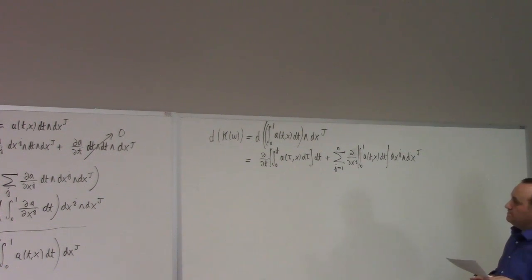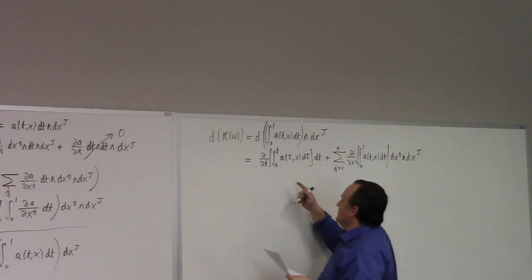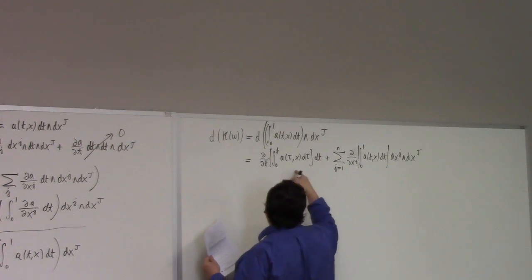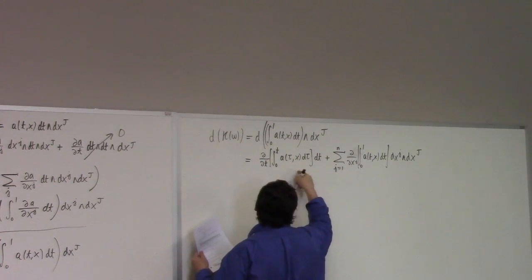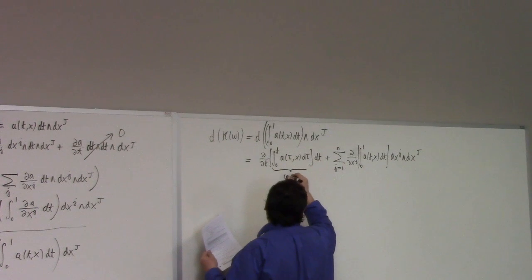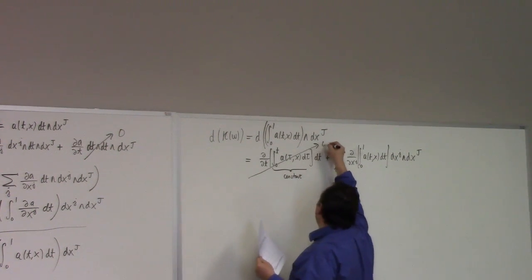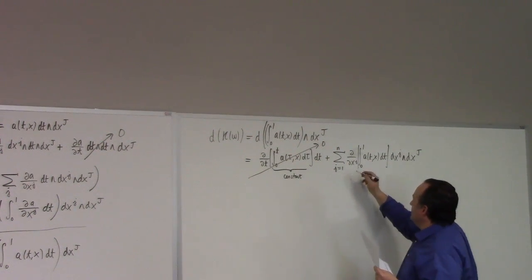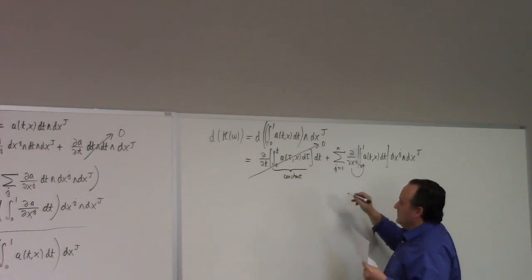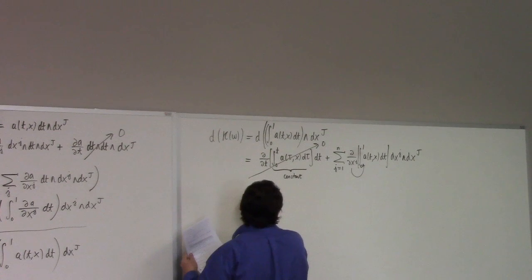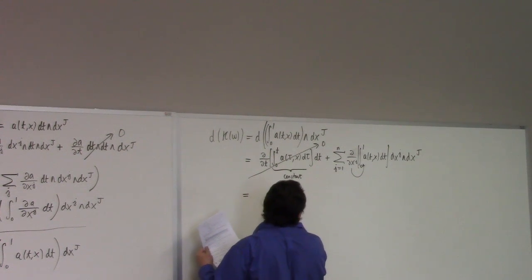Then we're assuming here that, well, we're not assuming anything. This is a constant, all right? So that makes that differentiation be 0. And we bring this inside the integral. And that gives us